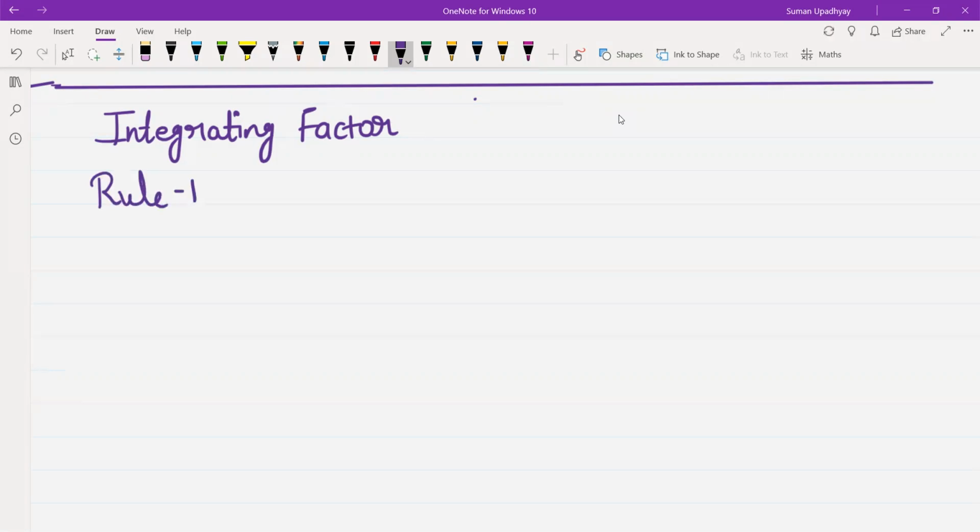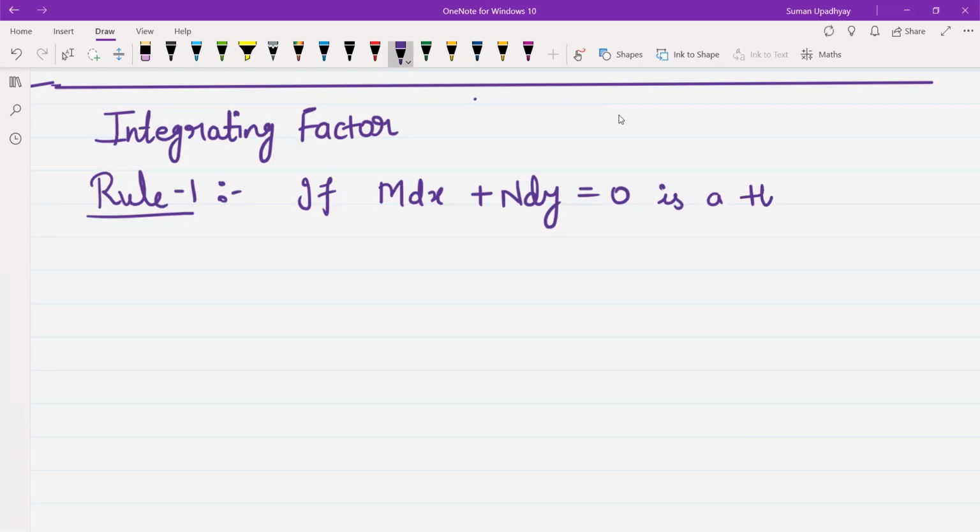So there are some rules. So rule number 1. Listen. If we are having M dx plus N dy, this is my given differential equation, kids. If it is a homogeneous differential equation, you all know, in M and N each term will have the same degree, then it will be called a homogeneous differential equation. So if my given differential equation is a homogeneous differential equation, then